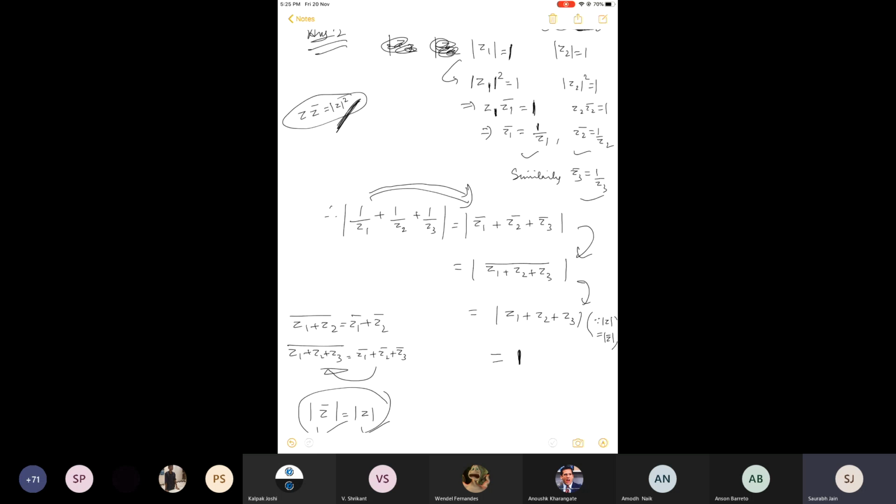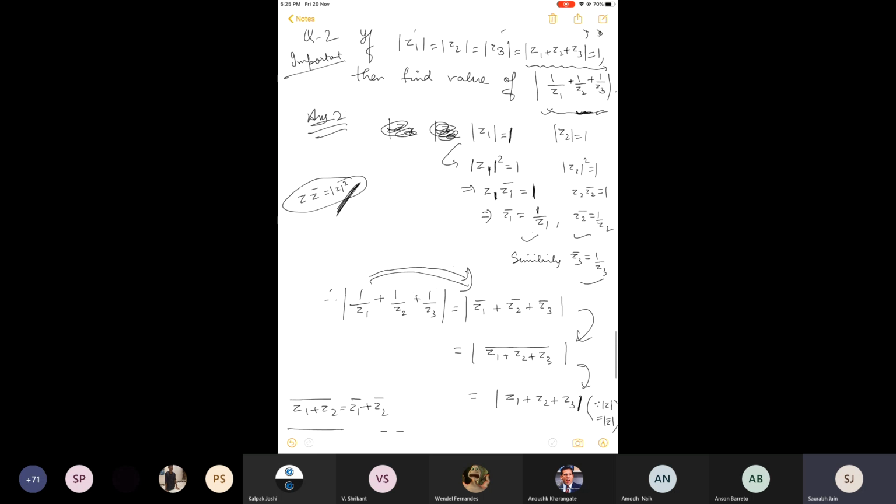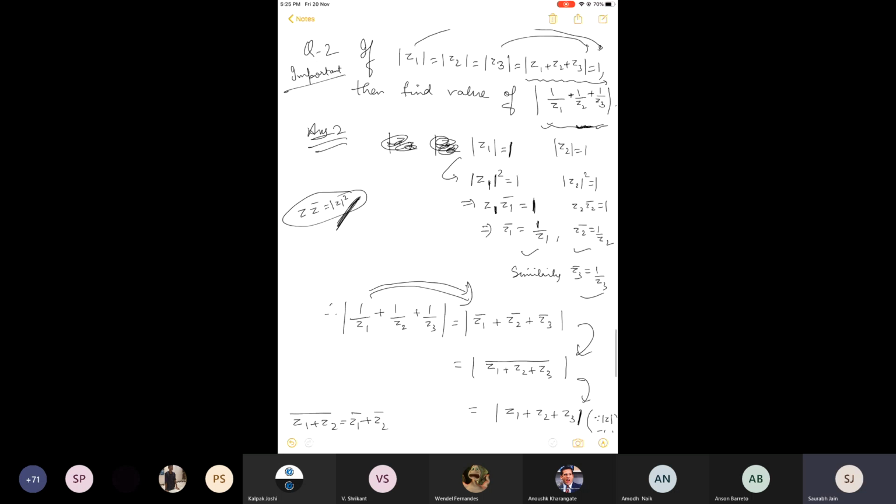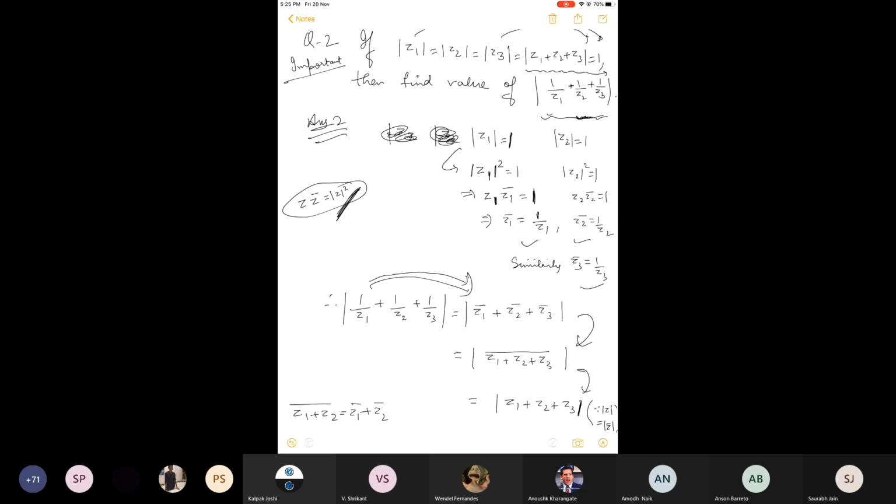Why? Because the value of this expression, mod of z1 plus z2 plus z3, is also given equal to 1. This is the explanation. So 2 or 3 properties are used in the same question. See, if you follow any textbook apart from NCERT for your school exams, you might find some such questions like